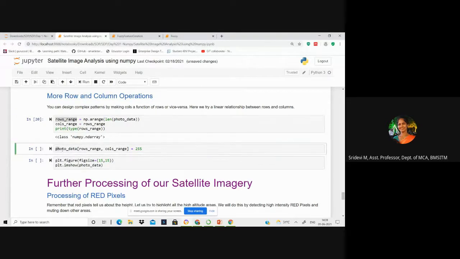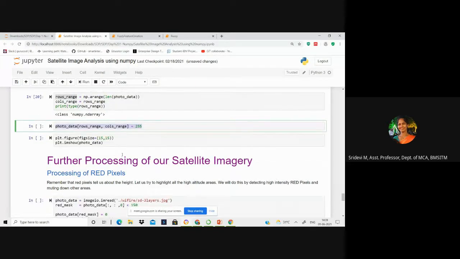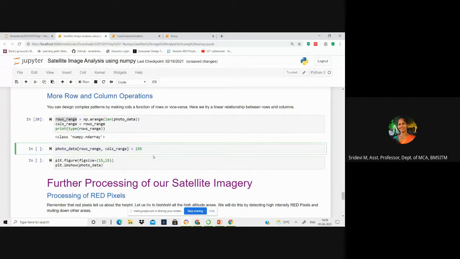Now, across these rows range and columns range, make the intensity 255. Can anybody tell me what happens to the figure when we perform this operation? Understand the previous assignment carefully.